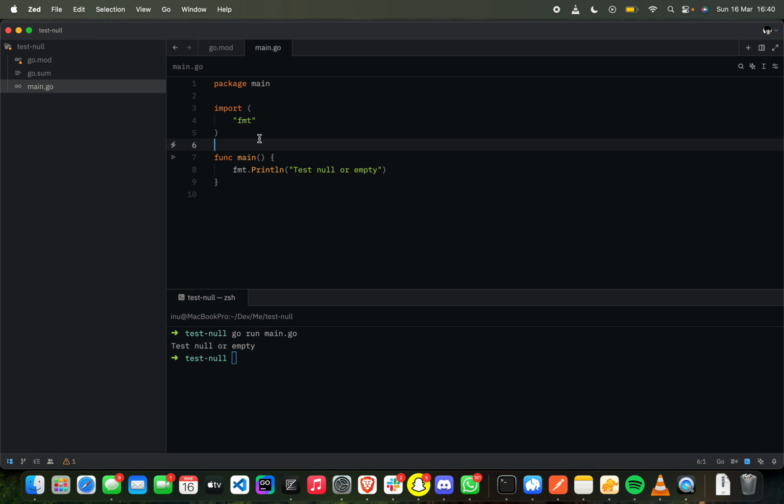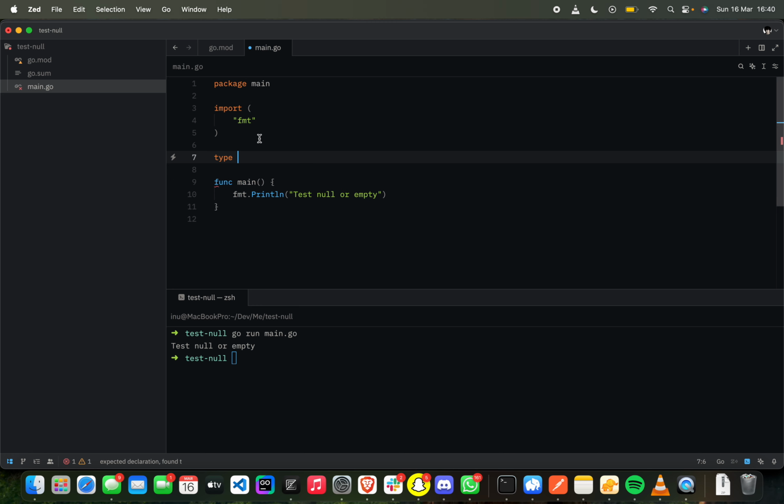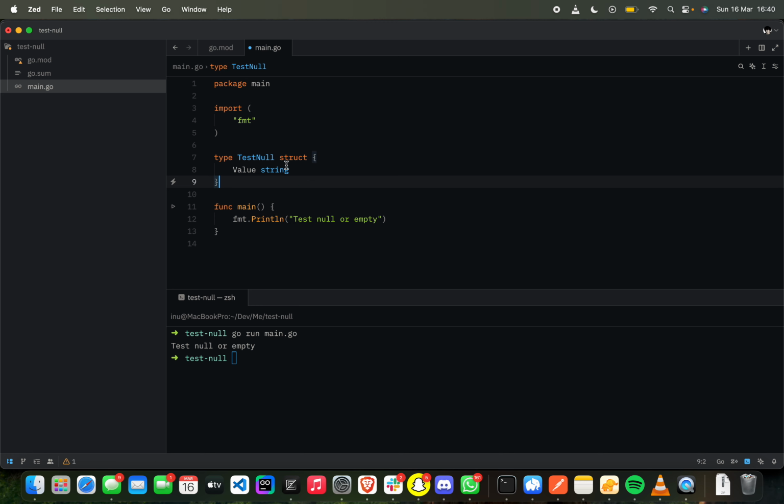So now let's define the struct. Value string, and let's assume this value is a pointer to a string, which means it is nil, for instance. It can be nil, or it can have a value. So let's say something like, yeah,